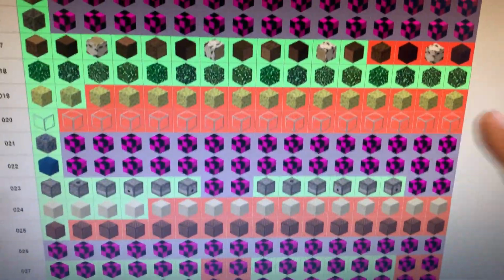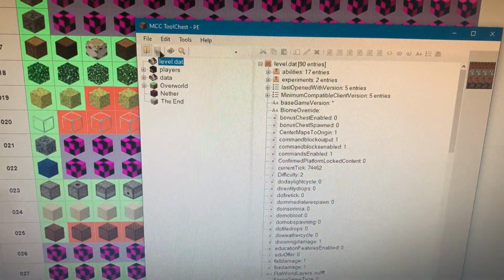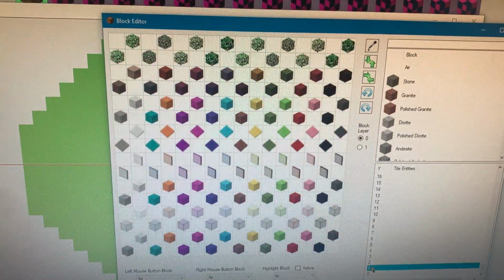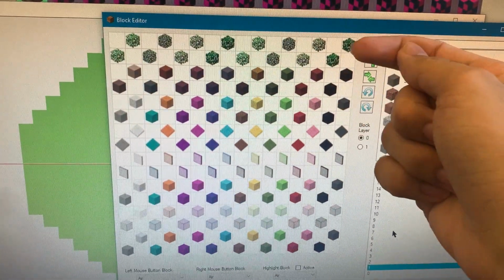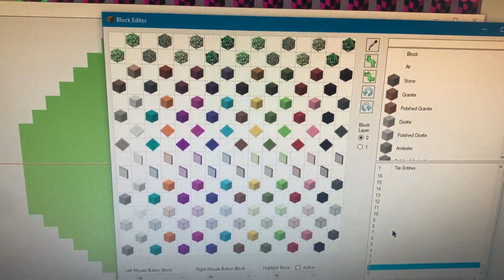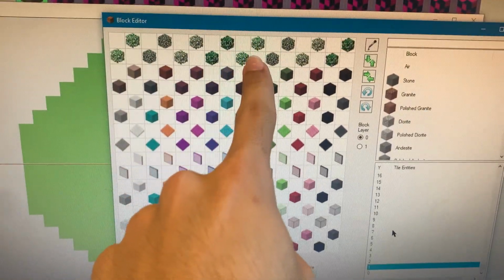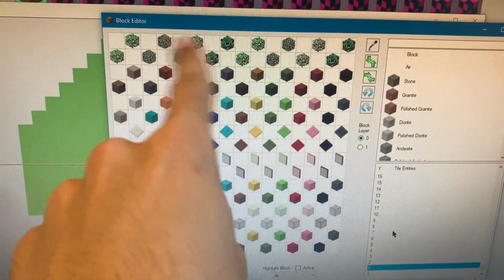So I've been working on this, and in order to actually get this to work, I have to get MCC Tool Chest out. So what I've done is I've edited this chunk right here to give me all of these things. So what you see before you is these 2 lines are all the blocks of the same ID. So all of these are leaves 1, or just leaves. So you have oak leaves, spruce, birch, jungle, and then the persistent version, or the decay version, the other version,